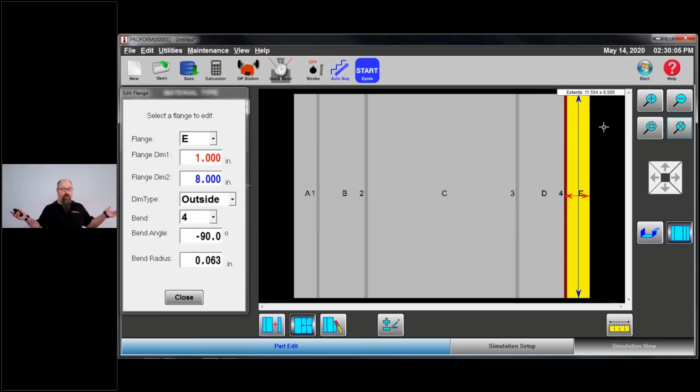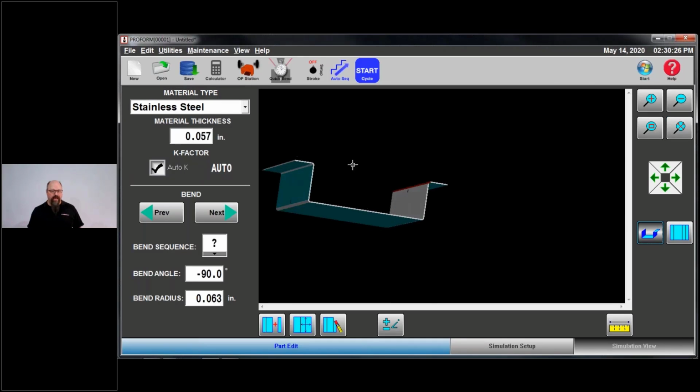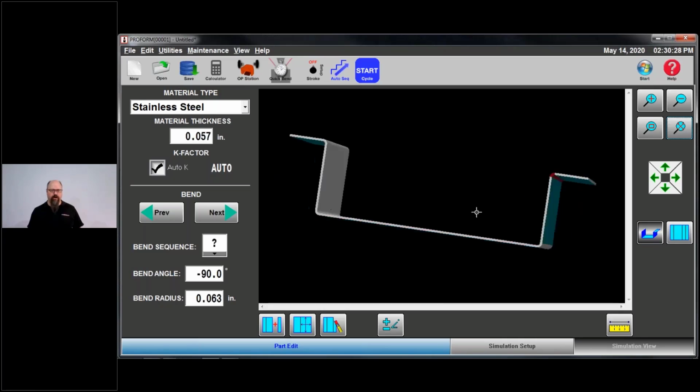That's going to be a 12-inch overall. But my cut size with all my bend deductions, my bend allowances, outside setbacks, whatever you want to call it, with all of those deductions in place, there's my 11.5 inches that will stretch out to 12. Okay, so I'm going to close this out. I'm going to fold it back up, and there is my part.